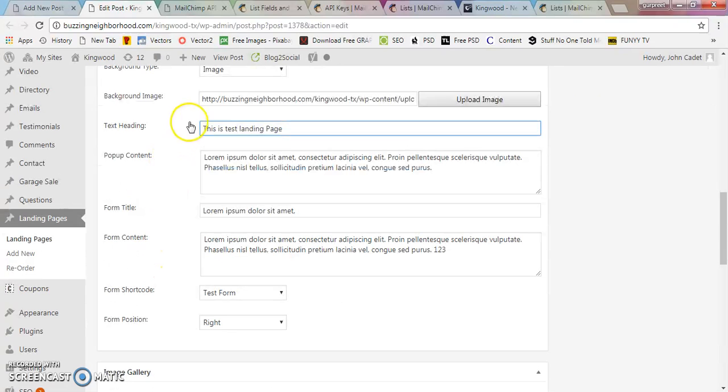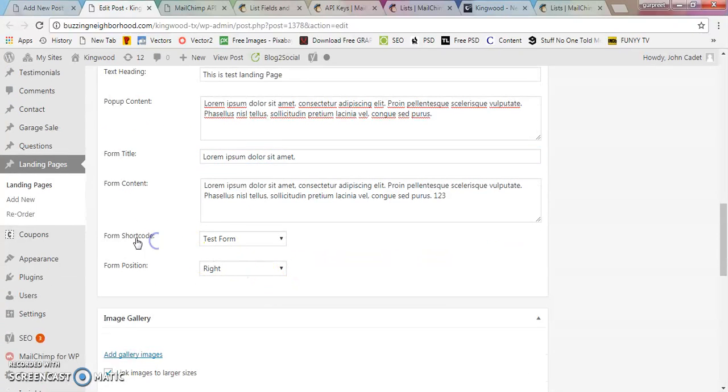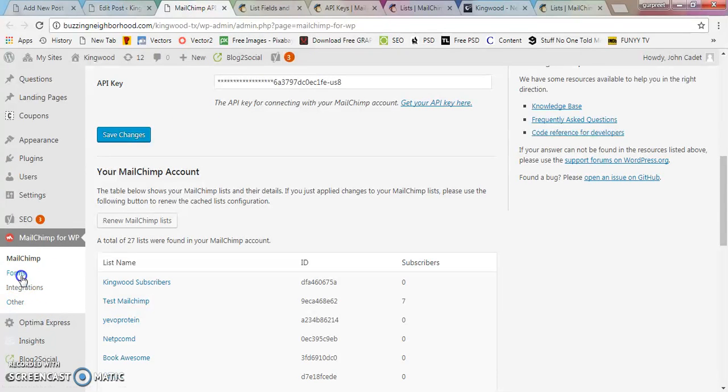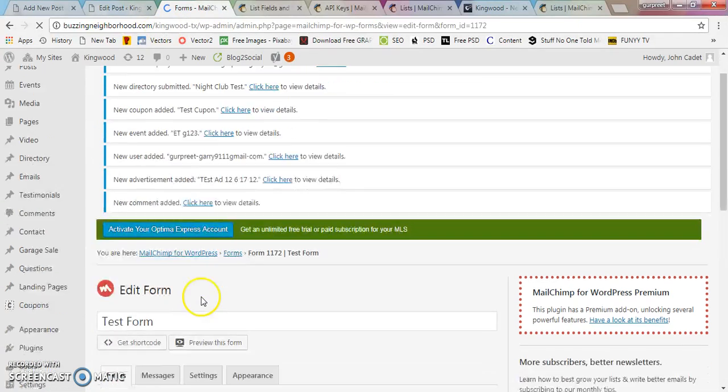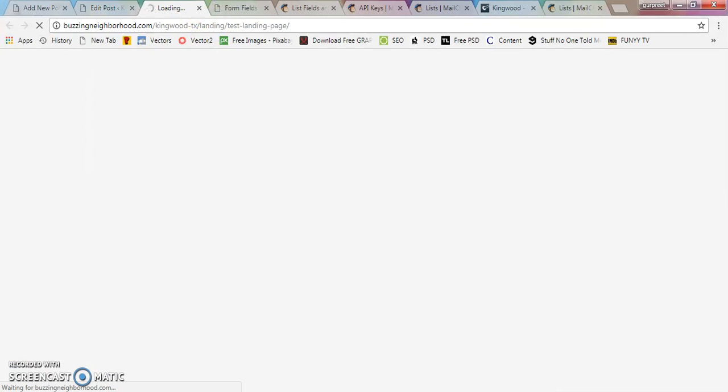This is the title, pop-up content, form data, and then this is the form shortcode. Test form. This is the form that I have created in MailChimp. The forms are here. So this is the test form. You need to make sure that this form is selected here, and then you can position the form from left to right. If I click on view this URL,